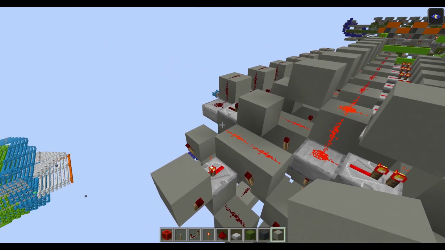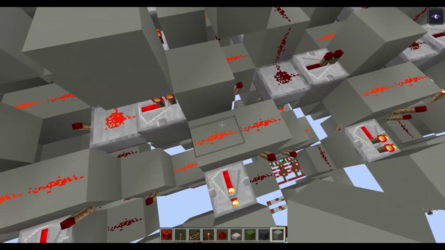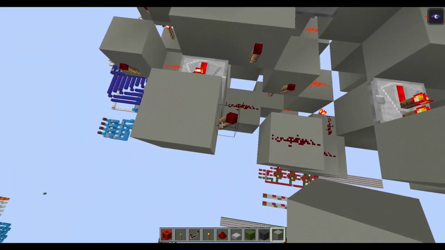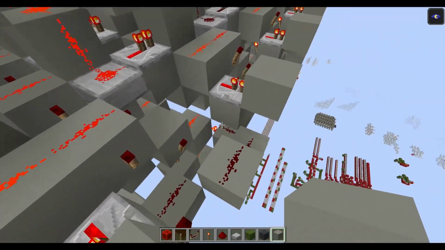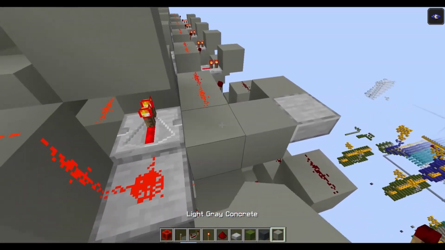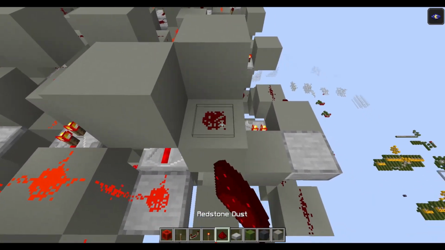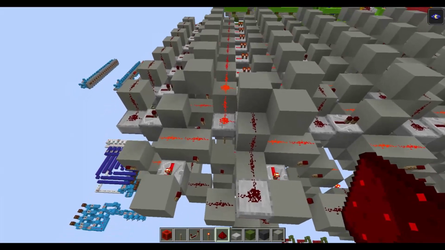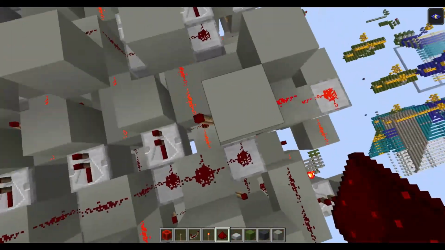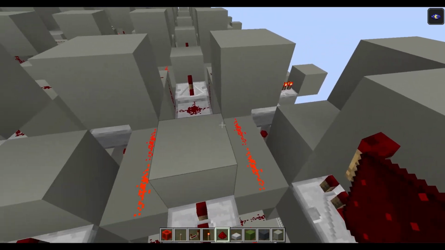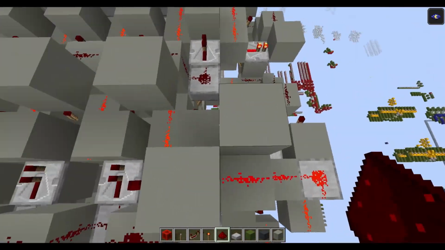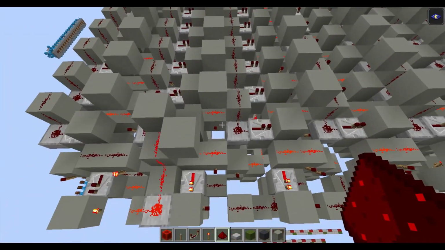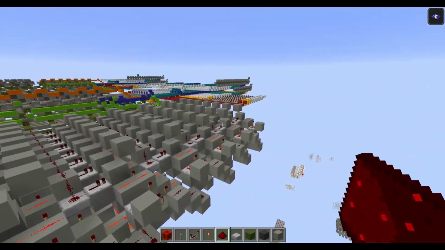But when we have a value in this cell here, that means now we want to store the value in this one, so we need to allow the write part. So when this torch is on, when we have something here, we can grab the signal and turn off this torch, and that way when we have a value here, this torch turns off, and now all these cells are unlocked, and so we can put and save a value in it. So let's do this for the other cells.